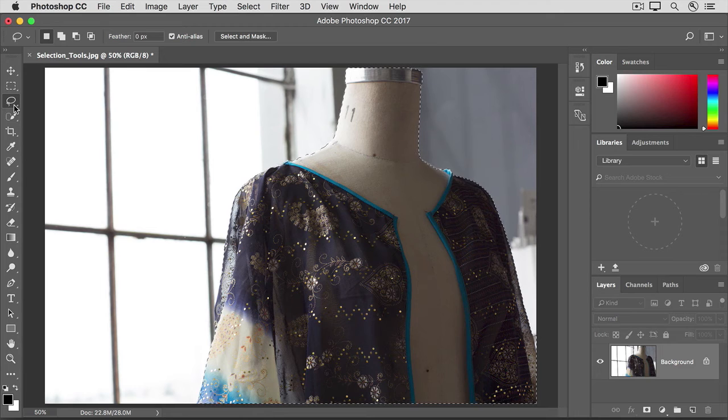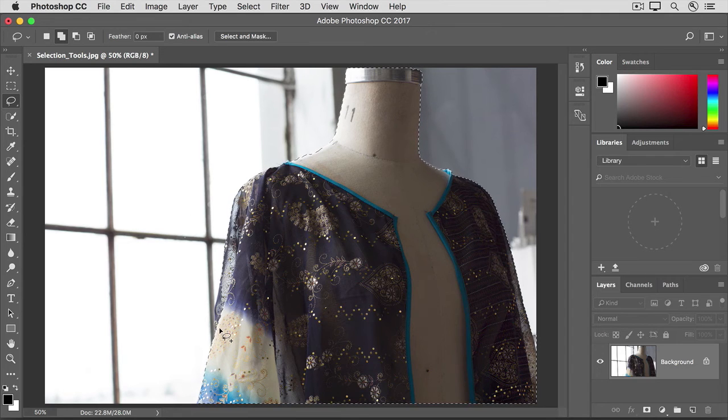The first thing we need to do is go up to the Options bar for the Lasso tool and switch it from its default to its Add to Selection option. Otherwise, if we were to click with this tool at its default setting, we might lose our entire initial selection. If that does happen to you, just use the Undo or Step Backward commands to try to get your selection back. So I'll click on the Add to Selection option, and then I'll move into the image, and here I